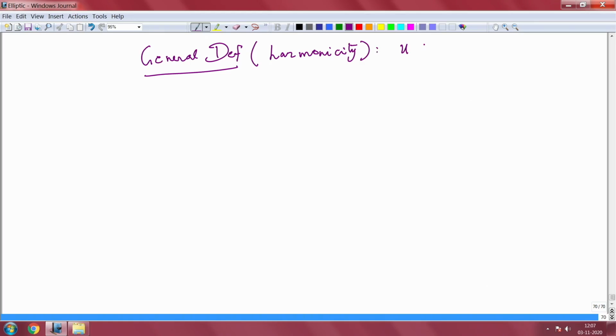U belongs to C of omega. You see, I am not taking C2. A U like this is said to be harmonic. In the earlier definition of harmonicity you need twice differentiability. Of course, if you have twice differentiability, it will coincide with this definition. That is why it is called more general, it is not different. U is said to be subharmonic